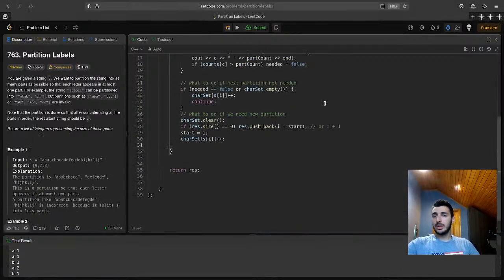All right, so we gotta go on with this problem. Yeah, this is a partition labels problem. You are given a string S. We want to partition the string into as many parts as possible so that each letter appears in at most one part. For example, string like